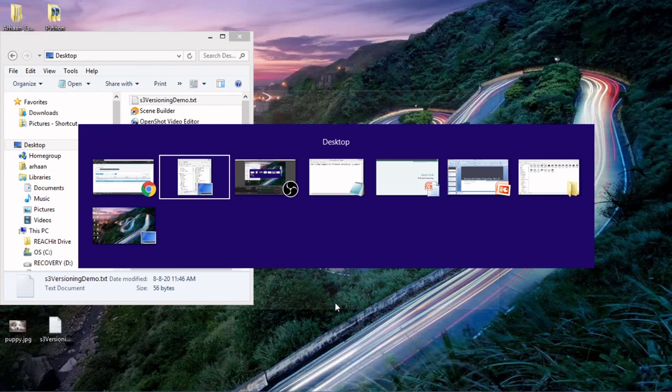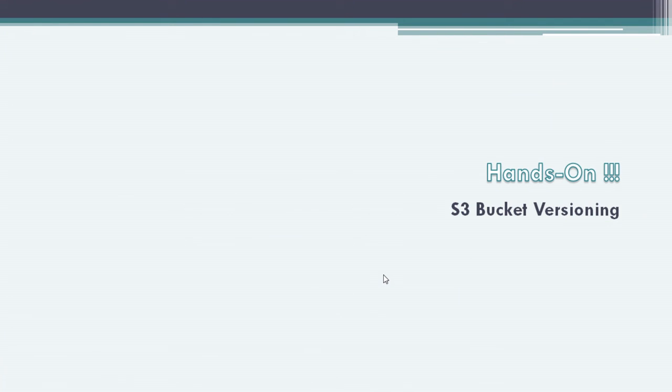Now moving to our PowerPoint. I am going to summarize a little. When you create your S3 bucket for the first time, versioning is disabled by default. When you upload any object, you will get version ID null, and when you upload a file with the same name, that object will get overwritten, and when you call a delete request, that object will get permanently deleted.